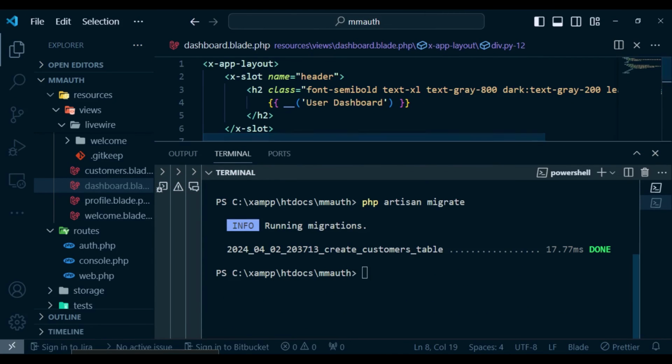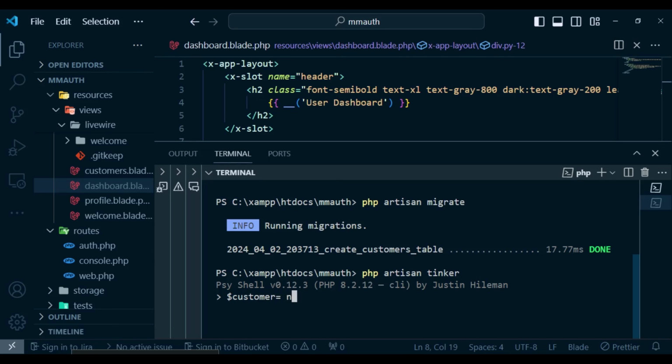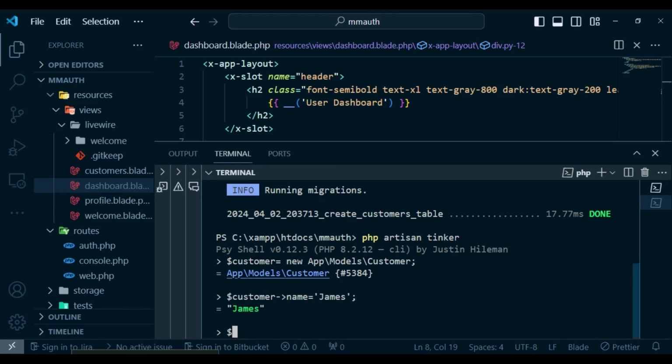PHP Tinker. So what I'm going to do, I'm going to run PHP artisan tinker, and then we are going to have a customer, and will be new App\Models\Customer, and then we can have the customer name, and this we are going to just call him James. Then we have customer email. In this case, we are going to call him